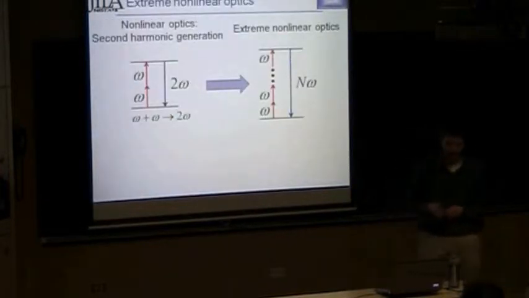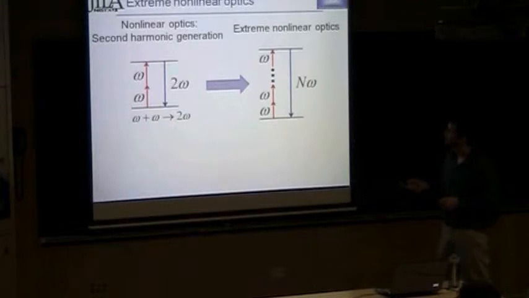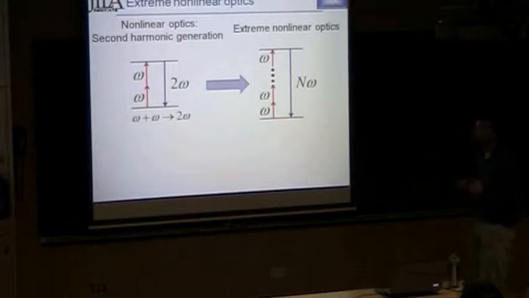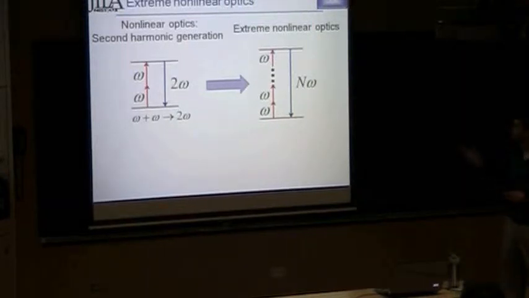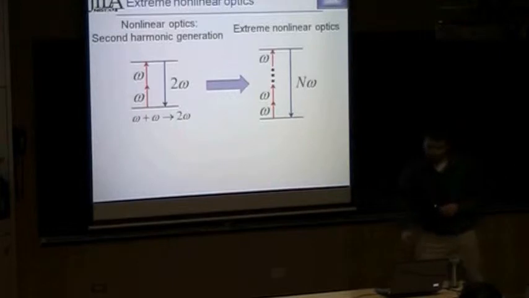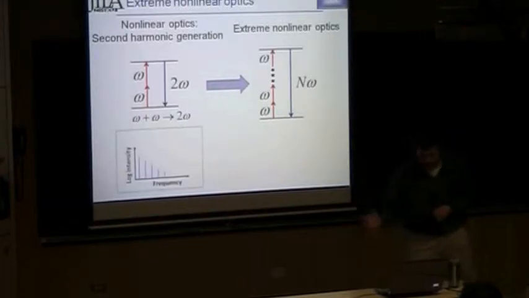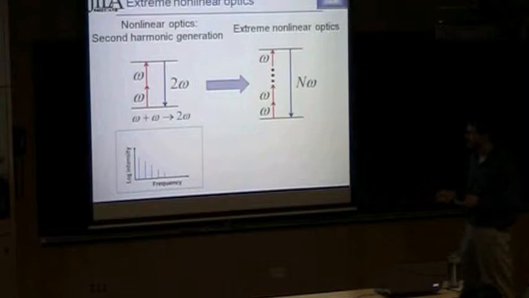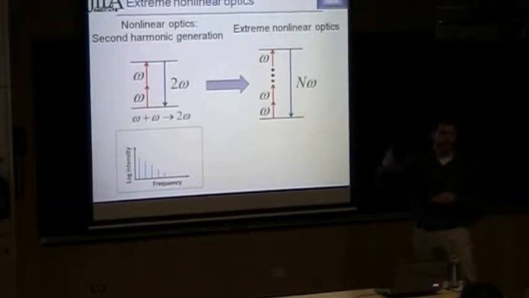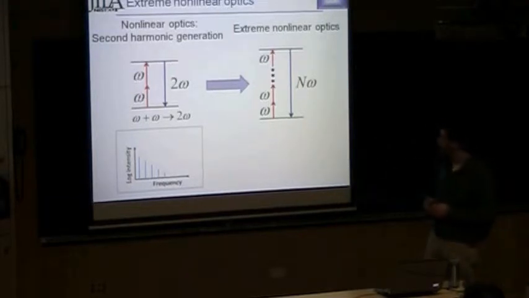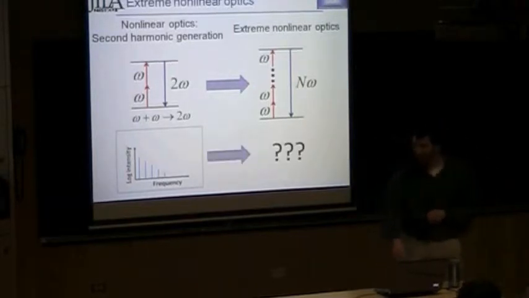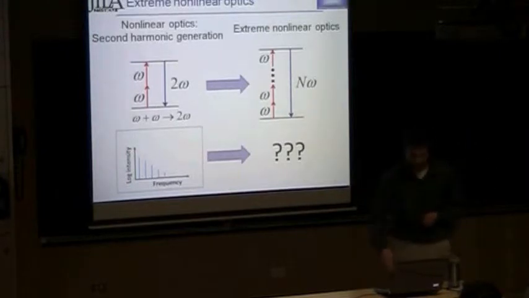So what we want to do is take this idea of starting with a low photon energy laser and up converting to higher photon energies. Take that, see how far we can take it. How short of a wavelength of light can we generate? And the first question should be what happens to the single atom response. I said for these low order harmonics, they're going to fall off exponentially as you go to higher harmonic orders. What does that mean for trying to take this as far as it can go?